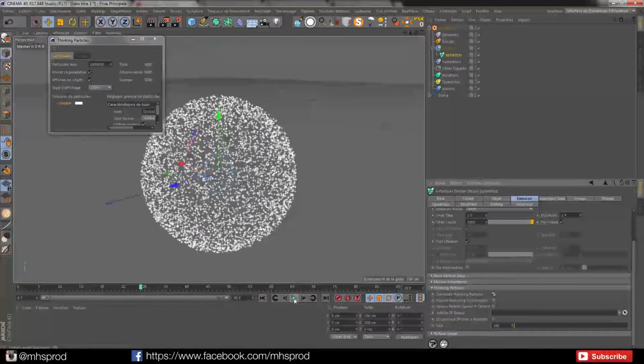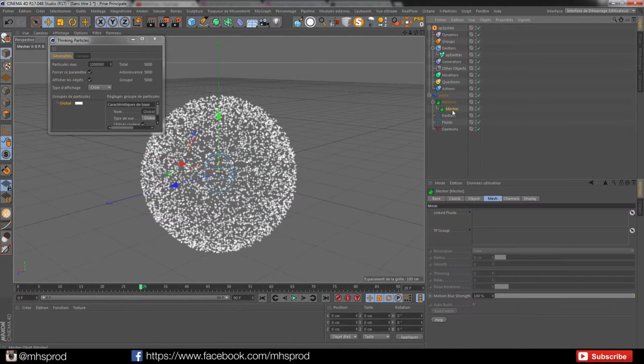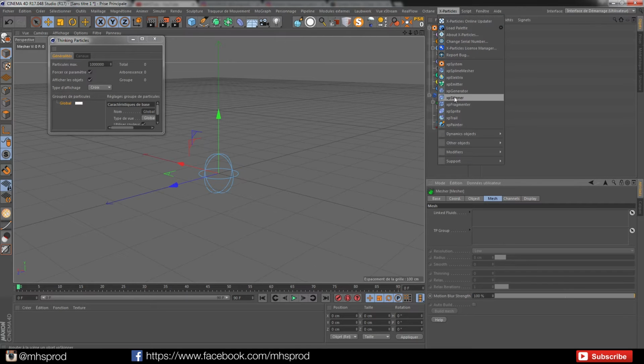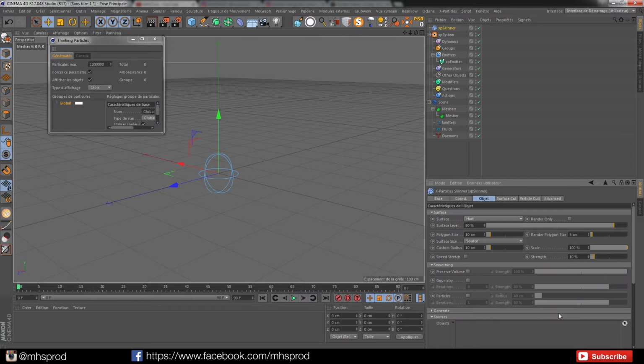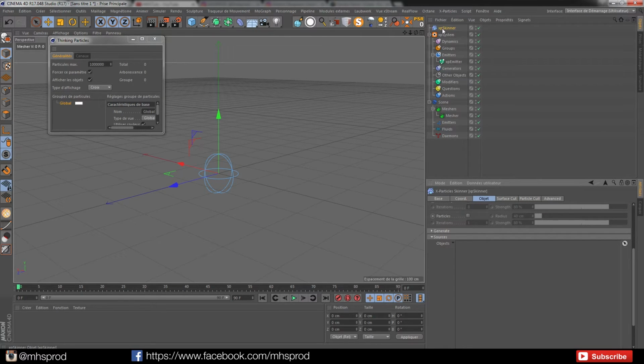And now the thing very nice is when you go on the measure, you can link directly fluid driven by the emitter particles, or you can link thinking particle group. You must know that X particle have his own skinner, which is very powerful for motion designs option, but in my opinion the Realflow measure is by far better for all the fluid simulation. And if you think it's not better, I think it's more easy to use to have a great look onto fluids. But for me, Skinner is very nice because you have something that you can do with